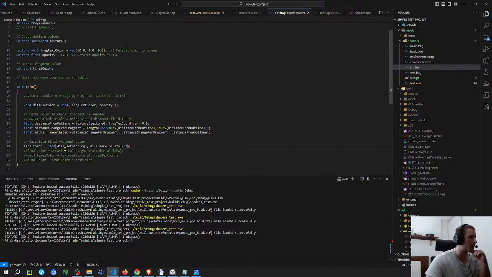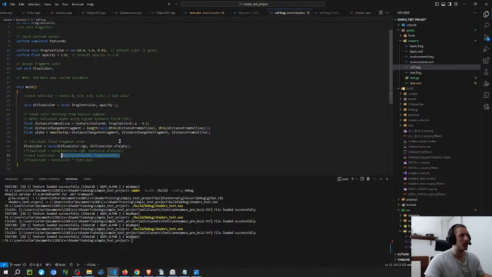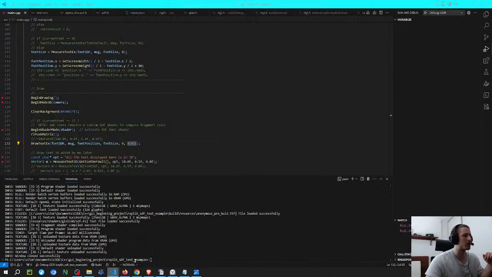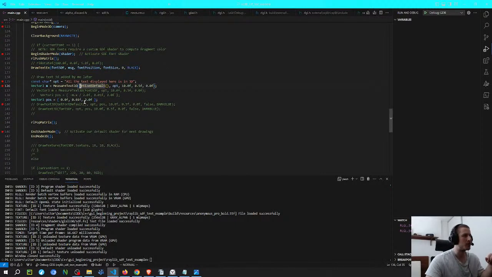So that's one way, and the other way is you just don't do this stuff here and just do the texture. This is another problem I was having with Raylib, but for now it seems that it is working with the project that I'm using, so I think I'm just going to go with signed distance fields. But the example that I got doesn't work, which I'm going to explain. Eventually I got this other example here, which is a 3D example, and this example uses a default font, which is another fragment shader that they use. And if you try to use the fragment shader for the signed distance field on this one, then it doesn't work. So this example that I got is from